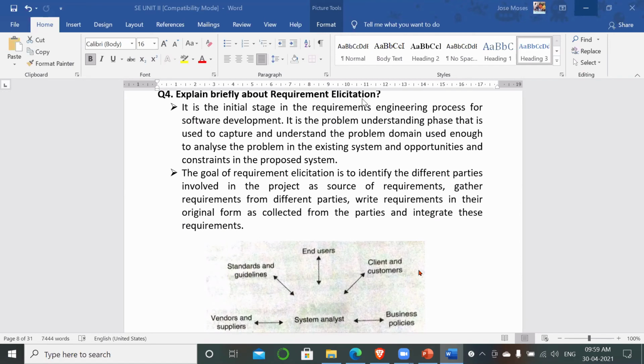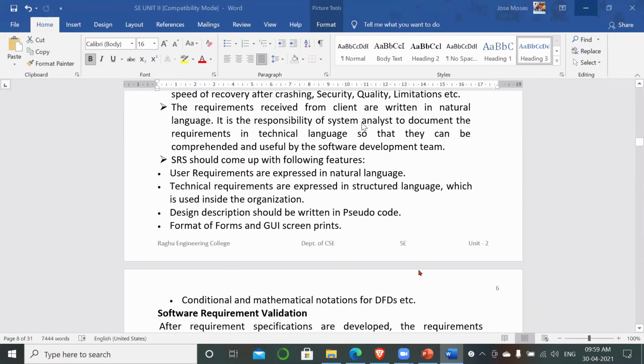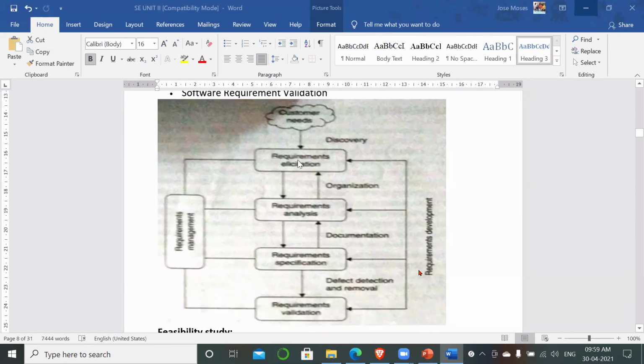See, a subtopic. I have told you that from this diagram, either they may ask you directly to write about the requirements engineering process, or they may ask you subpoints of this as an essay question in your main examination, right? For short answer questions, they may ask you to explain about elicitation, requirement analysis, requirement specification, requirement validation. I am very clear for you.